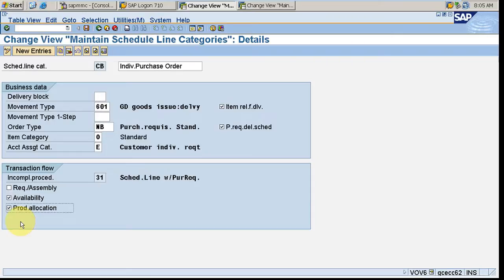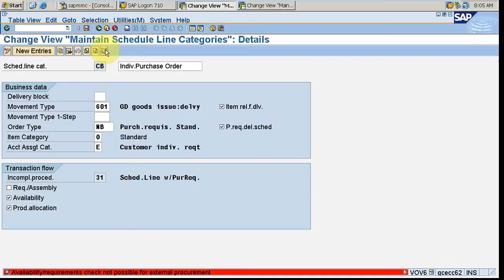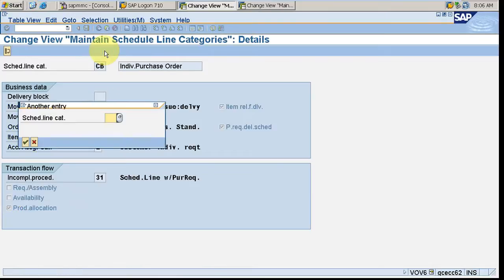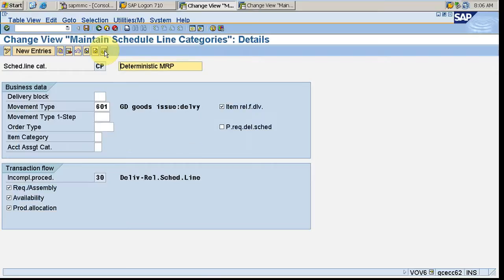Okay, the only difference between the CP and CN, both are considered the same actually. For one, availability check is checked, and for the other it is available, CP. You see CP, availability check, and these are checked. That means to run MRP.